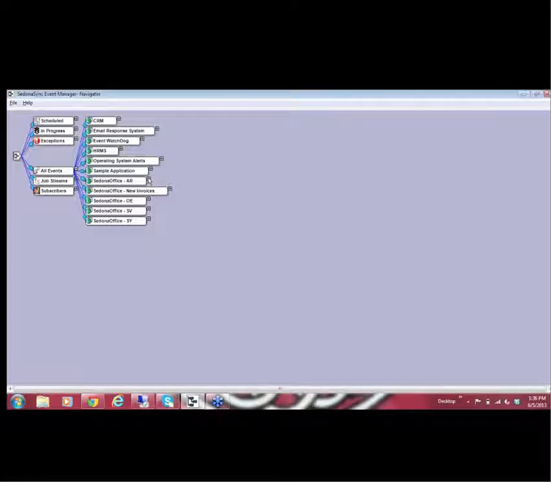So the difference between this and a record level is we're now grouping records across different database tables within SedonaOffice, and we're pulling out intelligence information. So it's kind of a business intelligence capability. And what I'm going to do is go into one of the events that we have set up here that's looking at